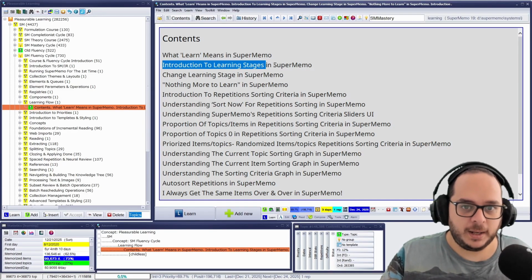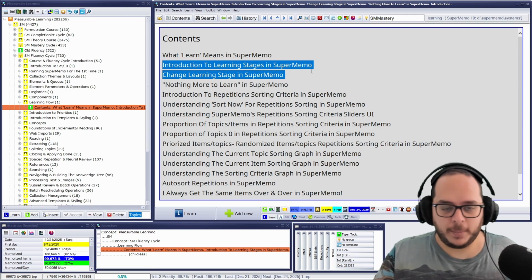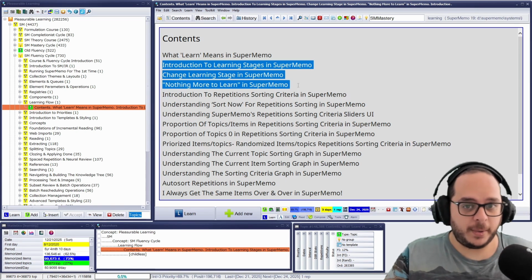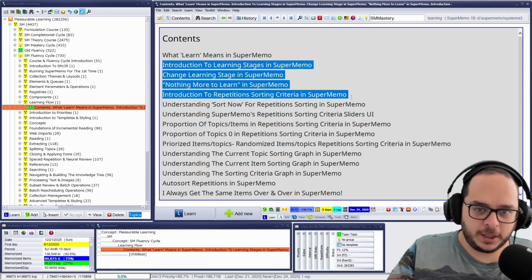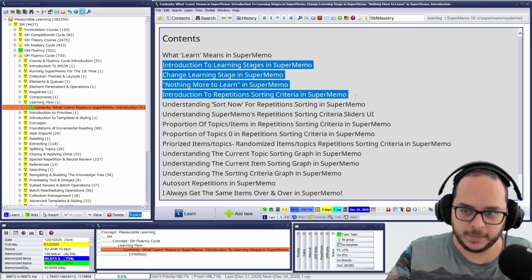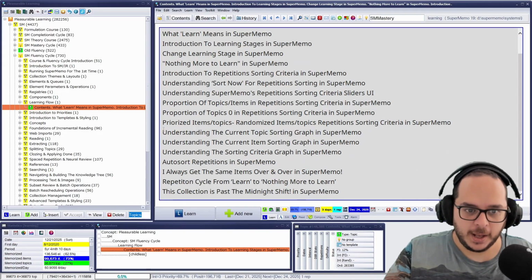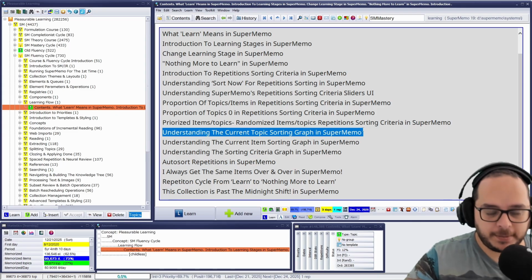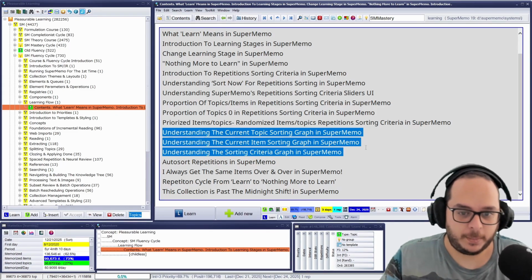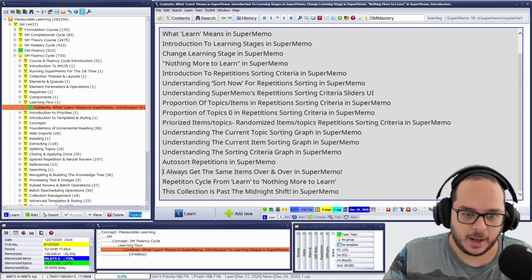We will see the learning stages, how you can change the stage, what happens when you have nothing more to learn, which will happen only on the first day or a few days at the beginning. We will see the repetition sorting criteria with some details on the interface about topics and items, then the graphs. On the sorting criteria, you also can see graphs. You will be able to interpret those graphs, the Autosort Repetitions as well,